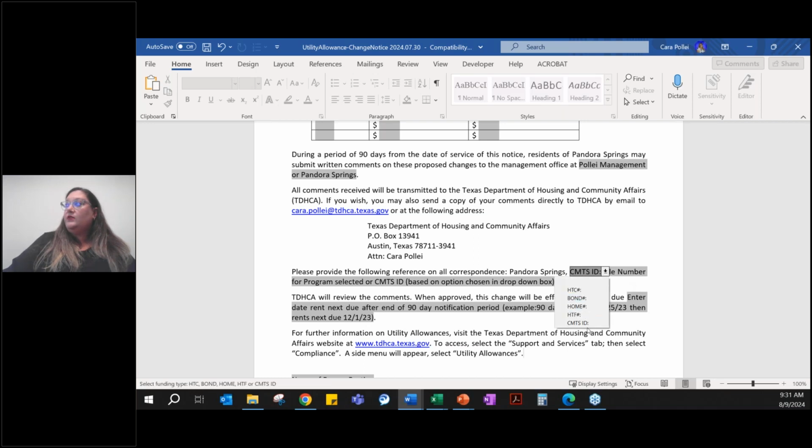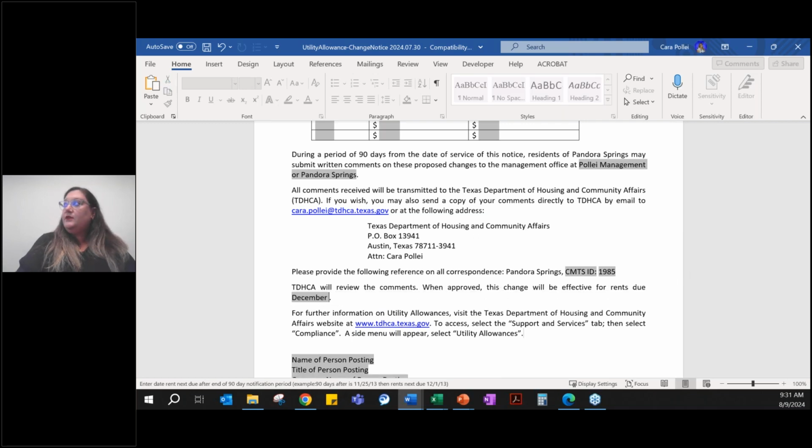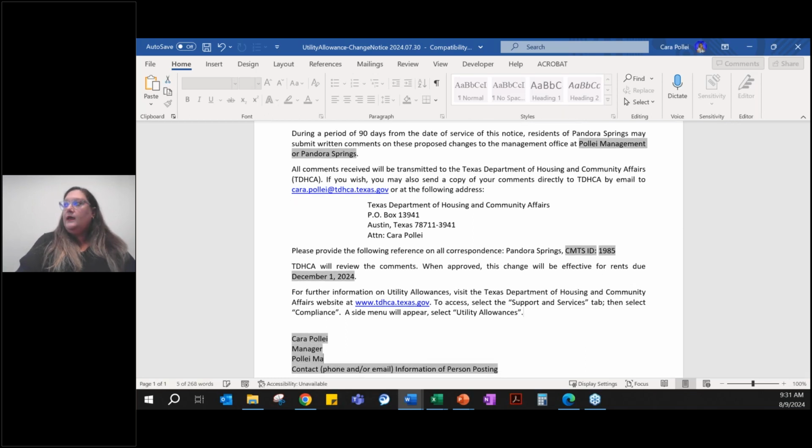If you're a new property and maybe only have a handful of tenants, you don't know your CMTS ID yet, you could use one of those others. Ideally, this will be CMTS, and we're going to make that 1985, not 1895. And then this is going to be for December 1, 2024 rent. The name of the person posting, I'm Kara Poli, I'm the manager. Company is Poli Management. Contact is going to be 512-475-3821 or